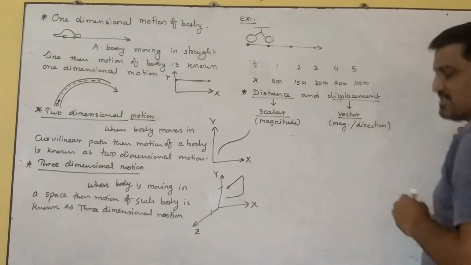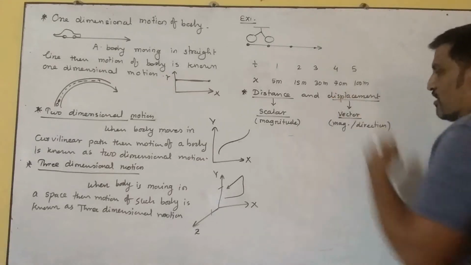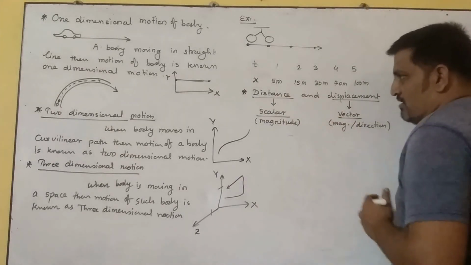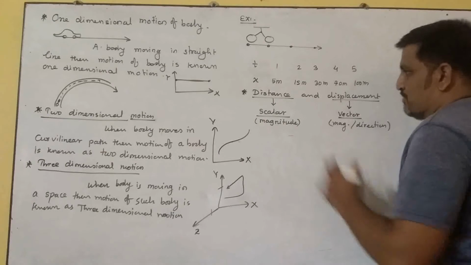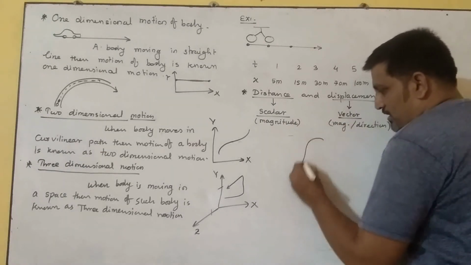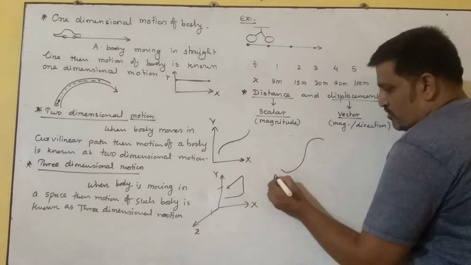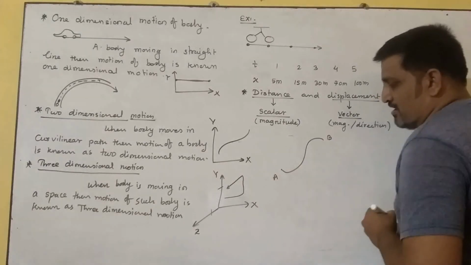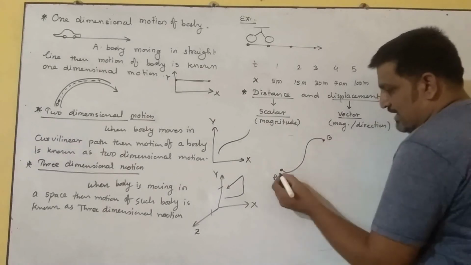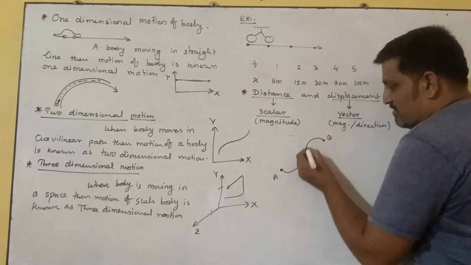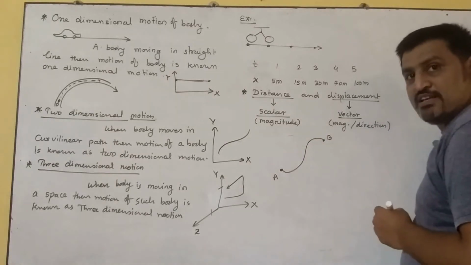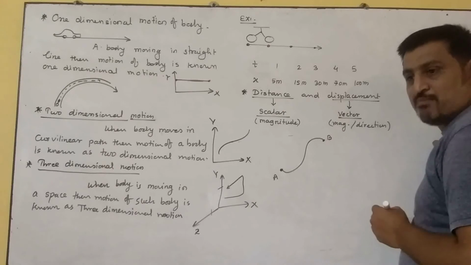Then and only then we can say the quantity is a vector one. Now, what is the main difference between these two physical quantities? Let's say that a body is going from a position A and reaches the final position B. Say the initial position of the body is A, and it traces the path as shown in the diagram and reaches its final destination, say B.